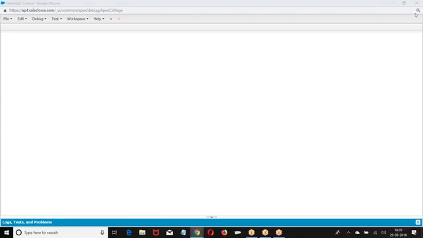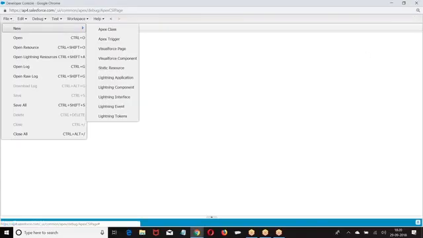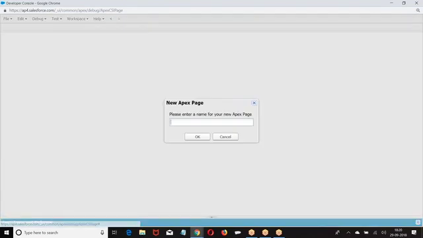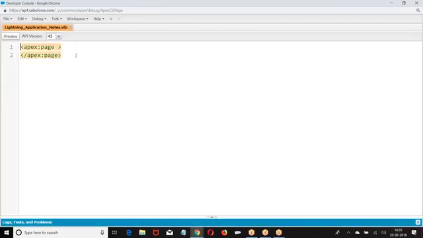If you want to build a lightning application, now if you want to create any Visual Force page, how will you create it? Every Visual Force page will start and end with apex:page. Similarly, every lightning application will start and end with